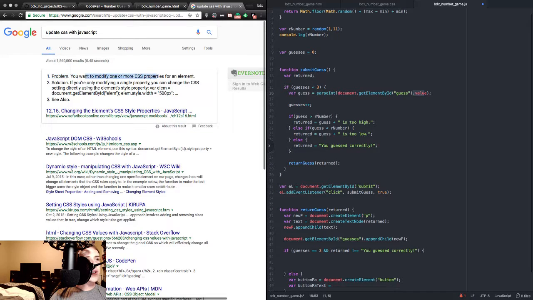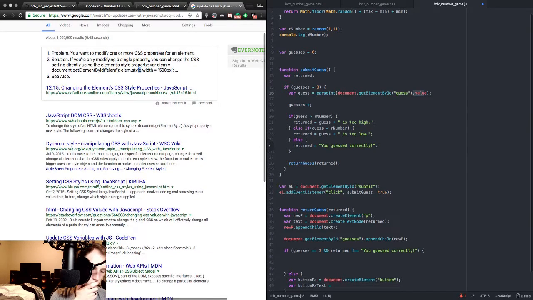Problem. You want to modify one or more CSS properties for an element. That is true. Solution. If you're only modifying a single property, you can change the CSS setting directly using the element style property. Variable element equals document get element by ID, element.style with blankety blank. If you're only modifying a single property, technically we are. We're modifying just the display